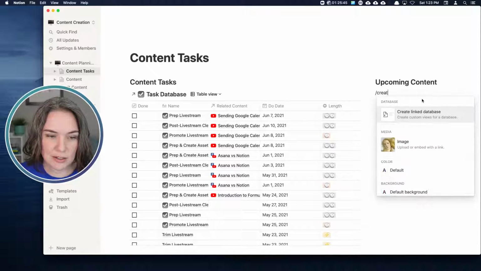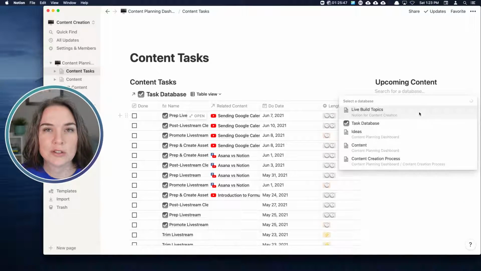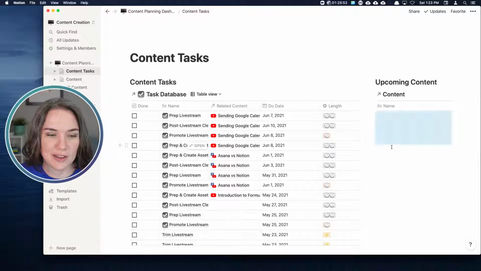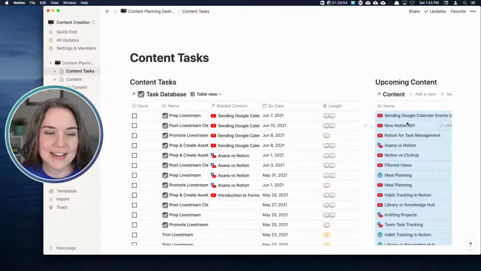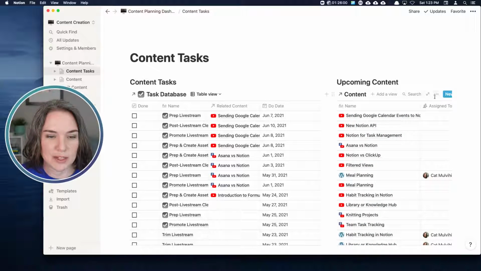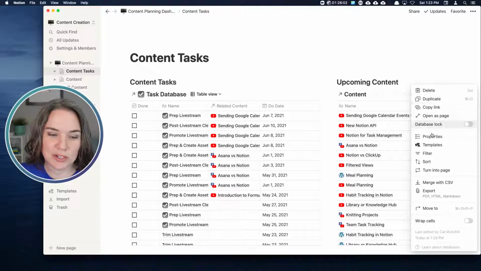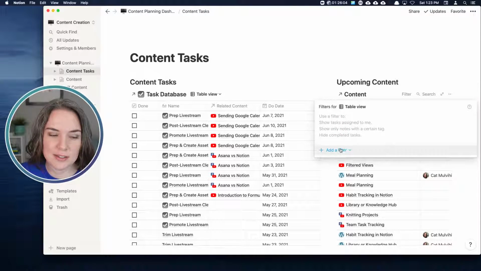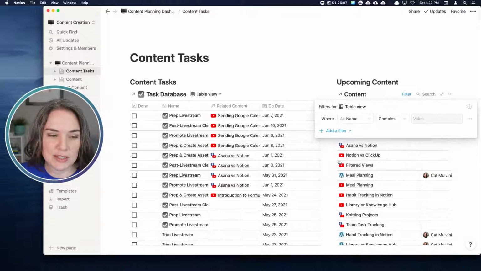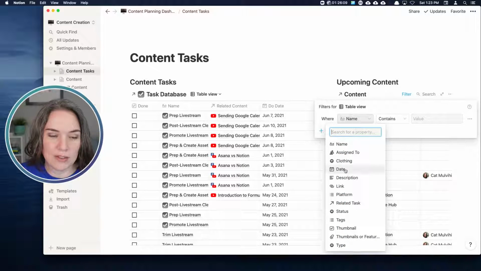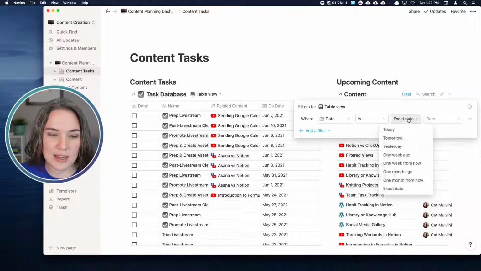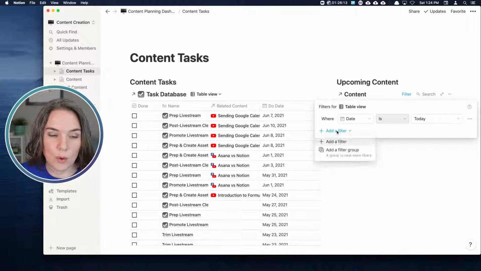So I'm going to say create linked database, which you can also copy the link of databases, by the way, for those of you who know how to do that, you might prefer that. So now I've got this content database. Let's widen it just so I can assign. So I'm going to have some properties. I'm going to filter this so that I'm only seeing where the date is, I'm going to say either today or